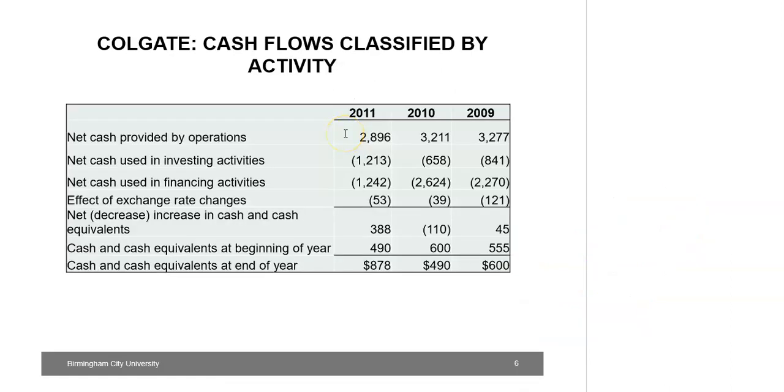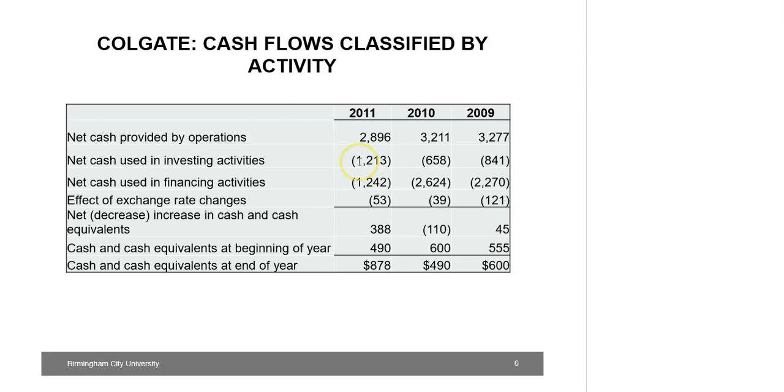If we look at the cash flow statement of Colgate, we see that operating activities have consistently contributed positive cash flows throughout the 3 years and are the main source of cash flows for Colgate. Despite that, in 2011, we see that the cash flow from operating activities has gone down, they are still positive and contribute significantly towards the overall cash flows of the company.